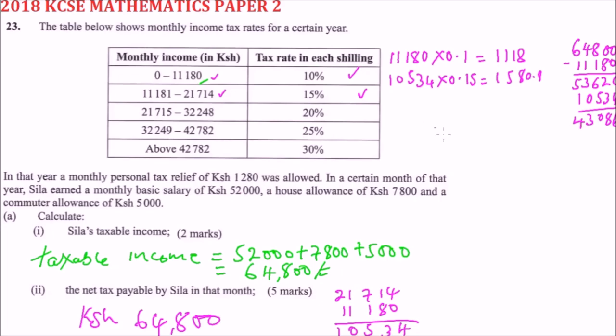Now we move to the next bracket, that is 10,534 multiplied by 20%, which is 0.20. When you multiply that, you get 2,106.8. So we are through with that. We subtract that amount from our taxable income, and when you subtract that, you will be left with